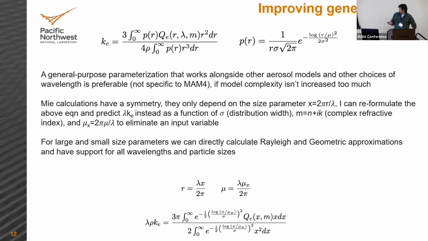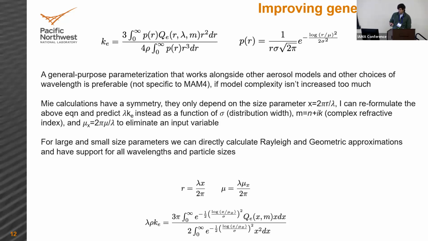I have several equations on here that I'm not going to go into much detail about. But basically, I changed the problem so that I'm now trying to estimate the value shown up at the top. That's a specific extinction, which is essentially like mass averaged extinction over a size distribution. So I've changed the problem, so I'm now estimating that.